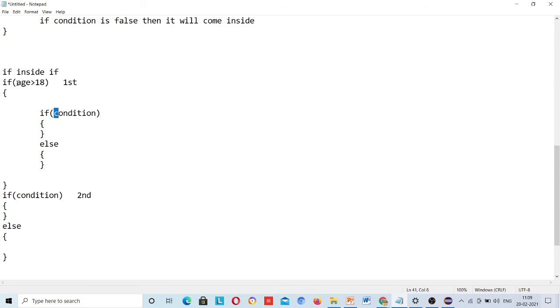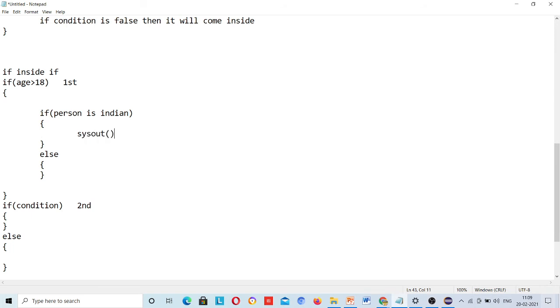Okay, if person is Indian, then only he can vote. There are multiple rules of voting in India. Can vote. Okay, and else, sys out,